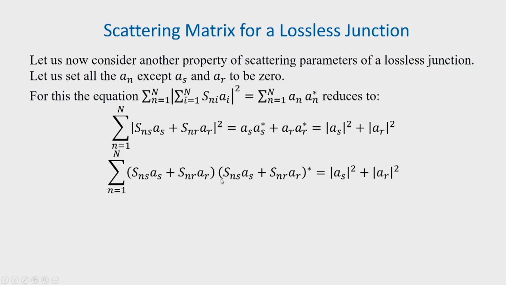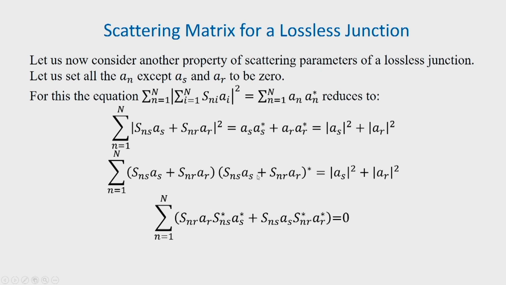So, if we expand this product, then we find that we will have terms like summation of small n equal to 1 to capital N, mod of S n S square mod of A S square. Now, this summation of mod of S n S square, as we have seen, will become 1. So, we will have mod of A S square. Similarly, the product of these two terms will give mod of A R square, and that will get cancelled with these two terms, and making this simplification,